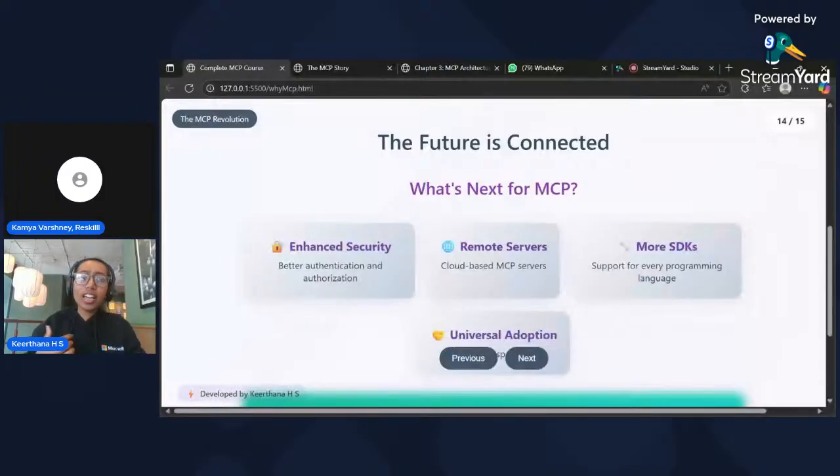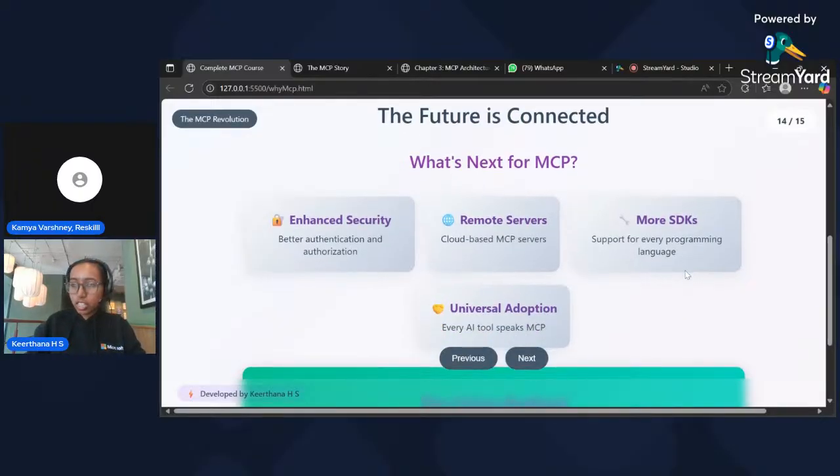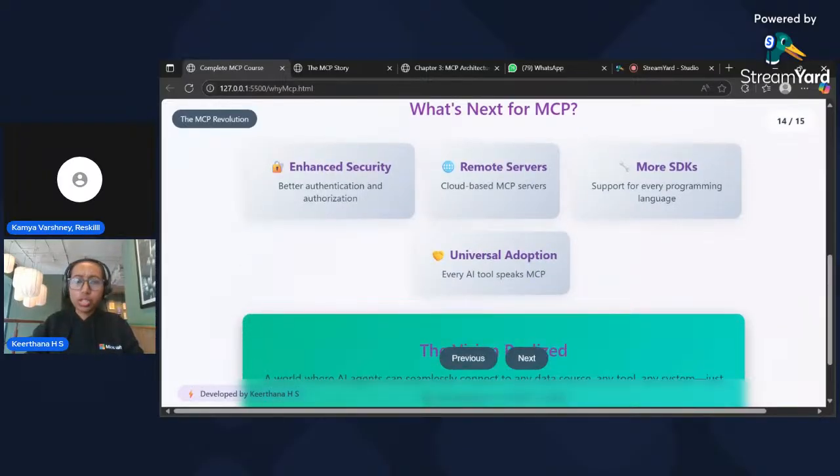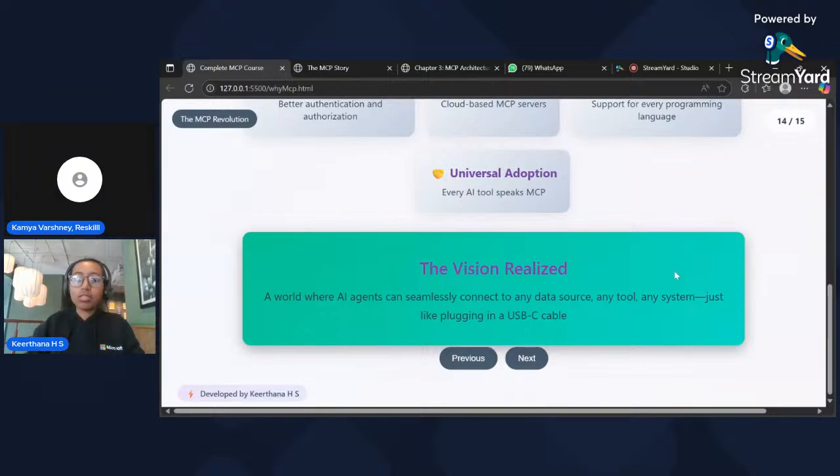Definitely enhanced security, with better authentication and authorization, and then remote services, that is cloud-based MCP services, more SDKs for sure, support for every programming language, universal adoption, and then the vision: a world where AI agents can seamlessly connect to any data source, any tools and systems, just plugging into